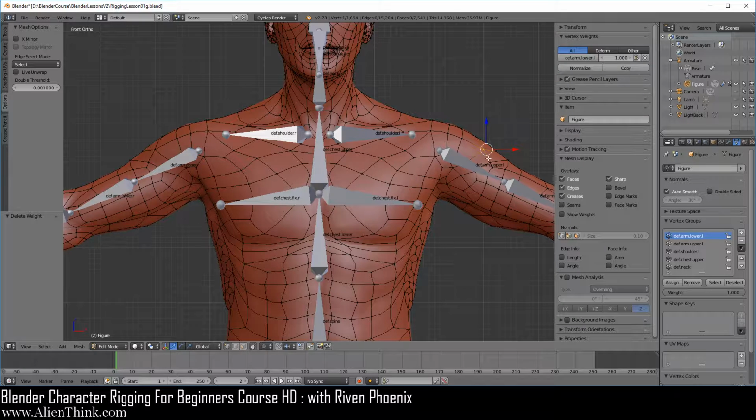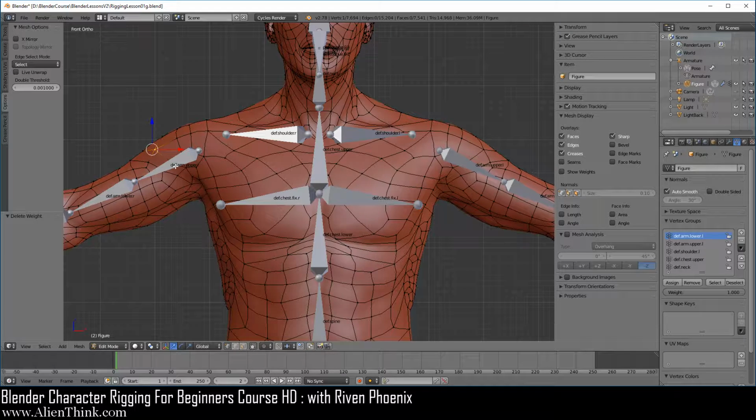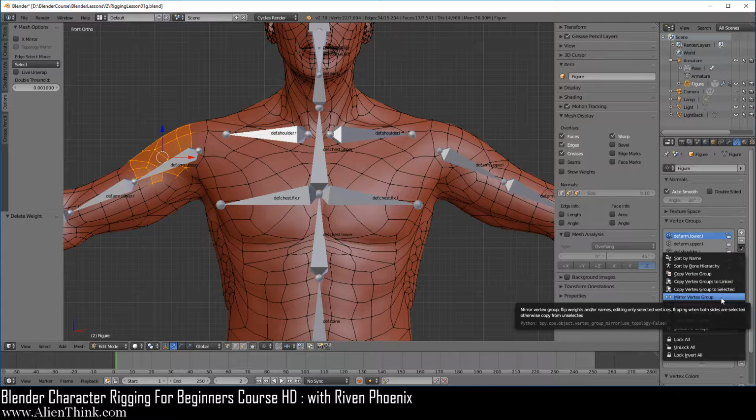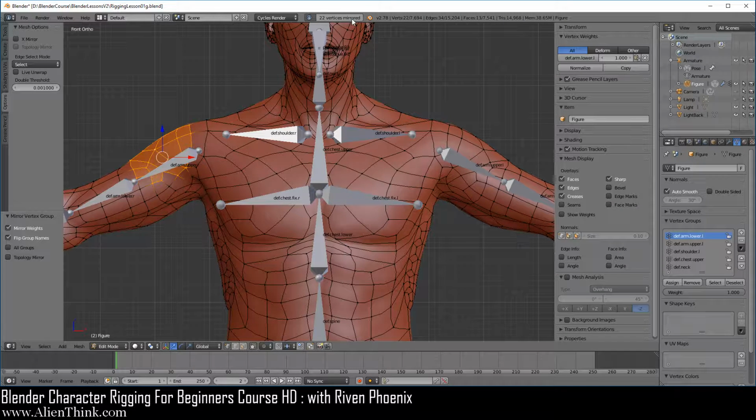Now notice that this is the only vertex that has this vertex group. So it's not like you have to go in here and only select this vertex. We can actually press the C key and select a bunch of these vertices, as long as that vertex is selected. Now, when you go ahead and do this again, do mirror vertex group, here it's going to say 22 vertices mirrored, but in reality, it's only going to copy over the vertex group that has been assigned to any of the vertices that you've selected.